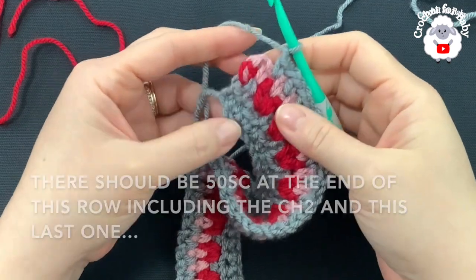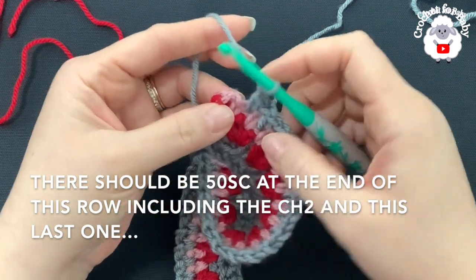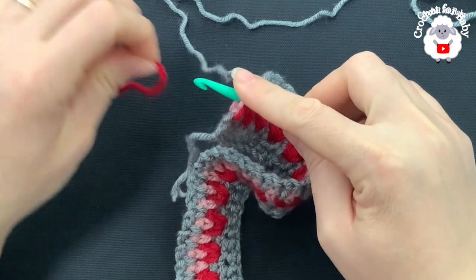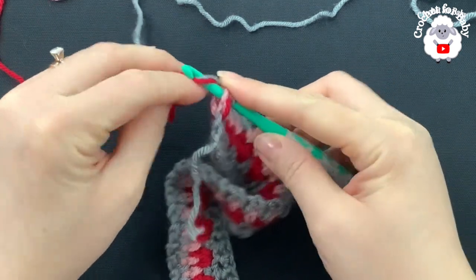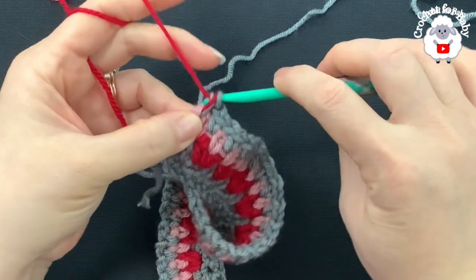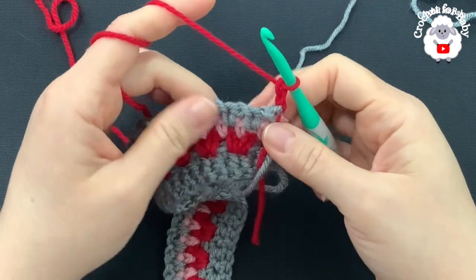I'm here at the end of this fifth row. Let's see, that's 1, 2, 3, 4, 5, yes. So here to finish, I have one chain here. We're going to go on top of the last single crochet. I'm going to stop using this gray color and I'm going to bring in this red. So with both colors, grab a loop, bring it through the front with the red color, close this single crochet, pull the gray, and then chain two, turn,